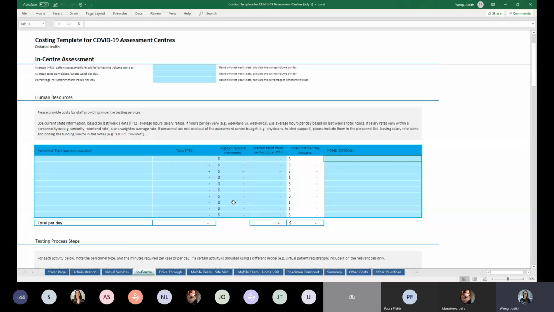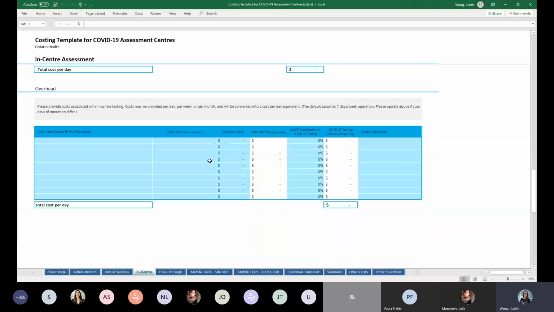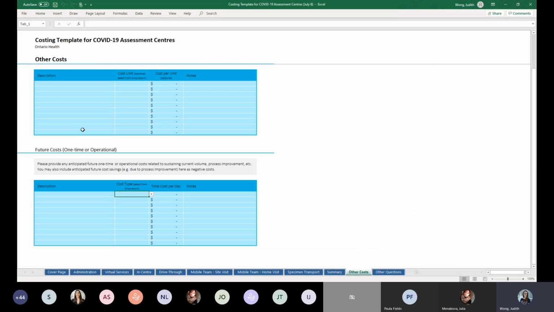Just make sure, for example, if you have leased space and it's easier for you to report it under the relevant model, make sure you note that it's in-kind support and the cost to your assessment center is 0. So I realize that's not completely clear. To recap, you can put the item either under the main table with a note saying it's in kind and the cost as 0, or put it in this other cost tab.